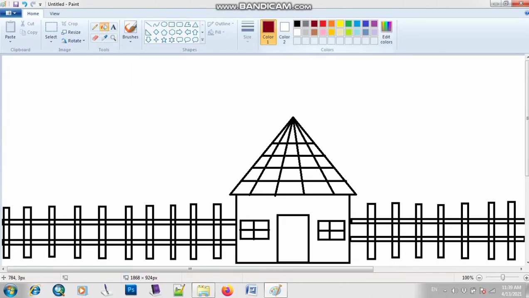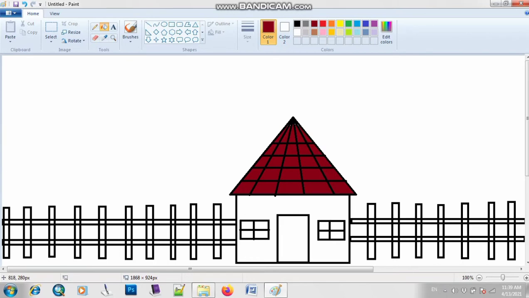If I choose this brown, I will just fill inside these boxes. If you want to choose some other color, then you can choose that. If you want to fill the picture with color, then simply you have to use the fill with color tool. Is it clear? As you can see, it's very interesting if you draw different kinds of shapes and then do the color.